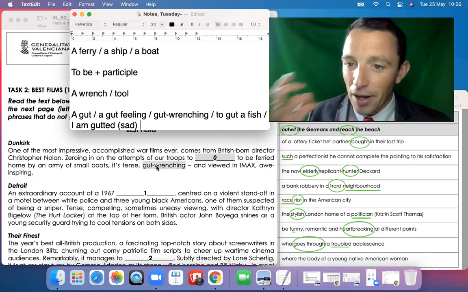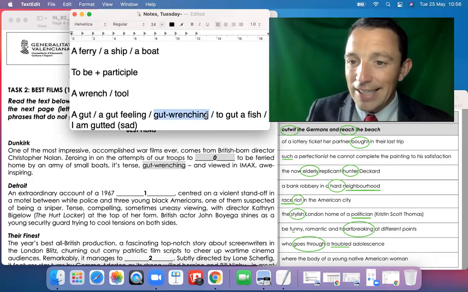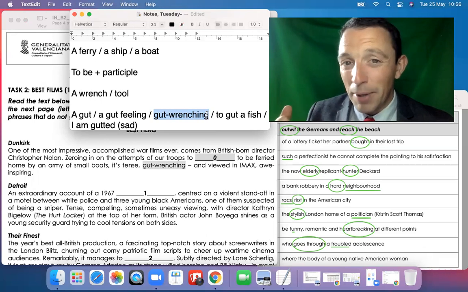And here, gut wrenching is intense and a bit maybe disturbing because it's maybe violent or disgusting. Okay,